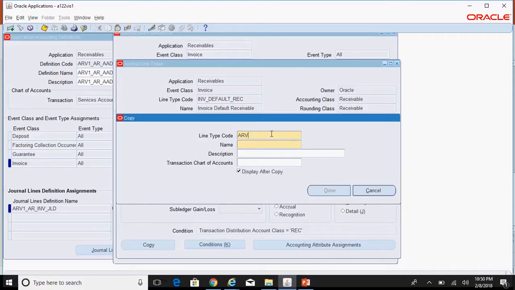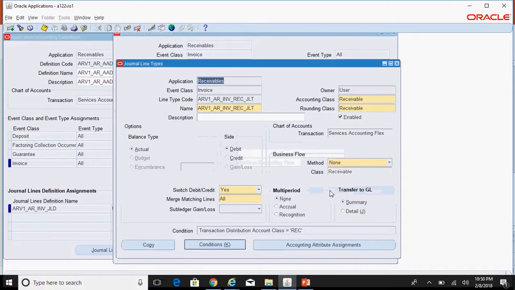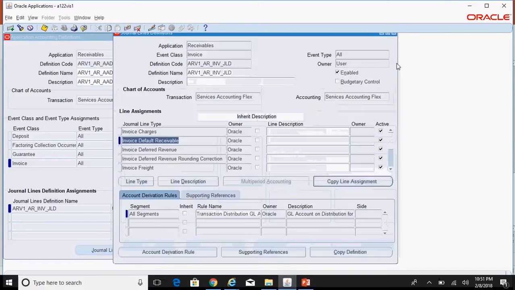You can call it ARV1_AR_INV_receivables_JLT, services accounting flex. So this is your custom JLT for debit side.